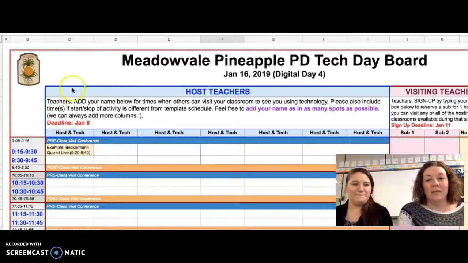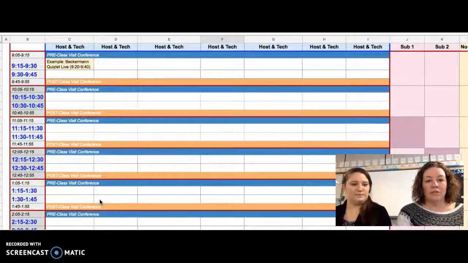So this form is what we're going to fill out to show if you're willing to host people in your classroom to watch you do something with technology. And then after people have signed up, you'll have an opportunity to sign up if you would like to go view one of the activities in another classroom, and there will be a sub to cover for you during that time. So on this form, what you'll do is you'll pick a time that works for you to have people